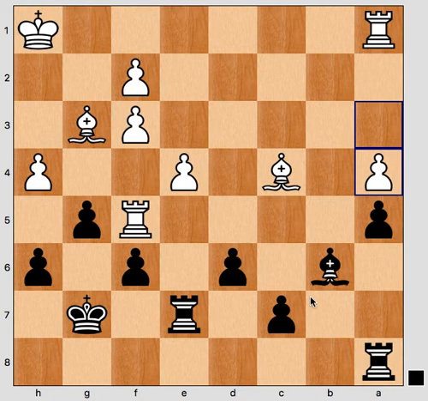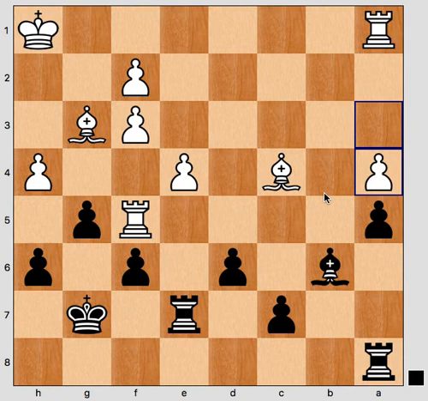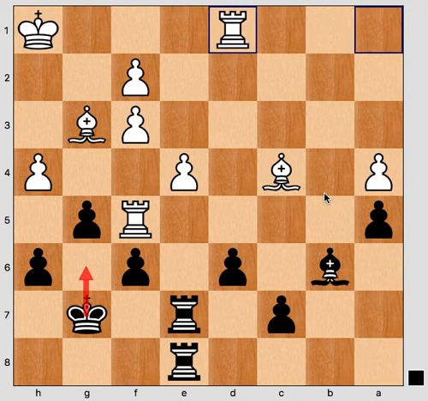a4. Black is trying to build a little castle here, but white is still a piece up. And even though this bishop here is blocked by a lot of pawns, white still has a big advantage. Rook a8, doubling rooks, but basically just playing waiting moves. Rook d1. In this particular position here,